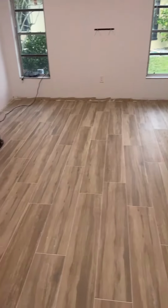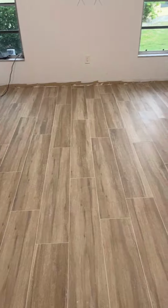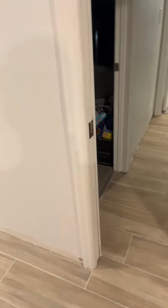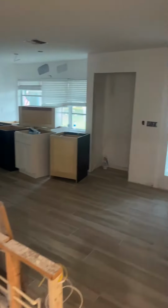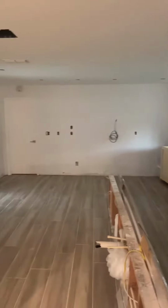That's a better look at the tile. So it's some sort of porcelain plank tile with, I think we chose like frost for our grouts. Did it all the way to here. The bedrooms are obviously gonna be different, so will the bath. But everywhere else throughout, we'll have this tile. So those 2 rooms will get done first, and in the meantime, when they got some time, they're gonna start